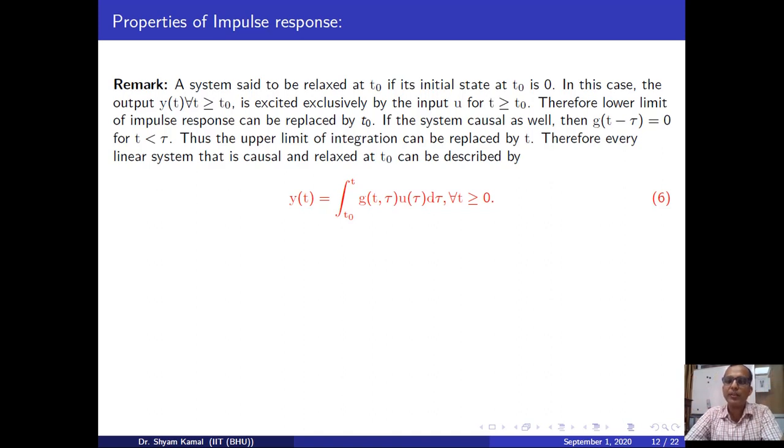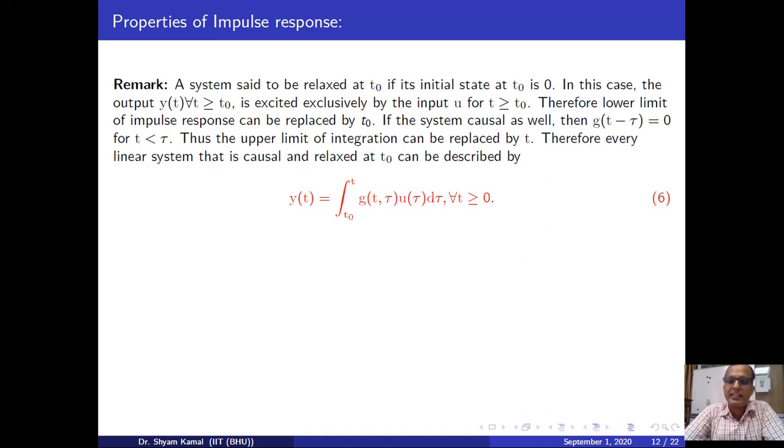Because we know that the output of this system is not going to depend on the future value, in this way I am able to come up with some integral, and here this is not an improper integral, that is a proper integral, and in this way I can calculate the output of the system. And now I am going to show that g(t, tau) is nothing but g(t minus tau) if I have a